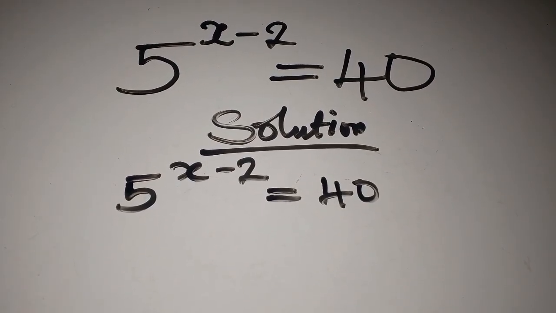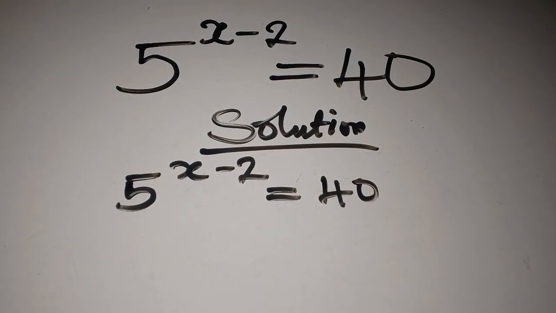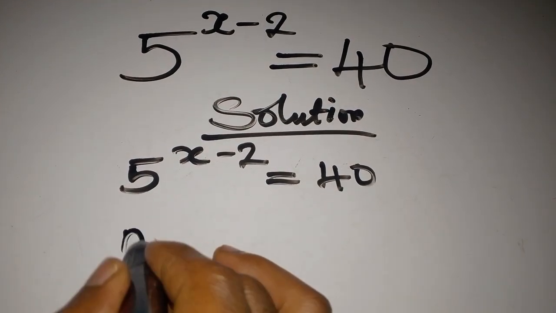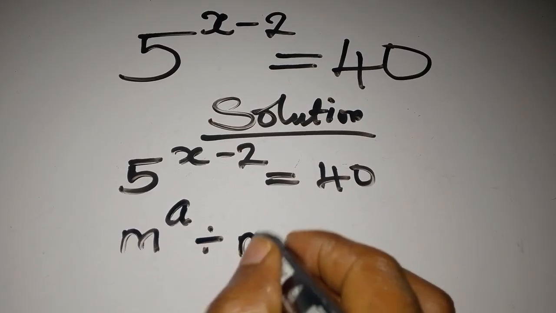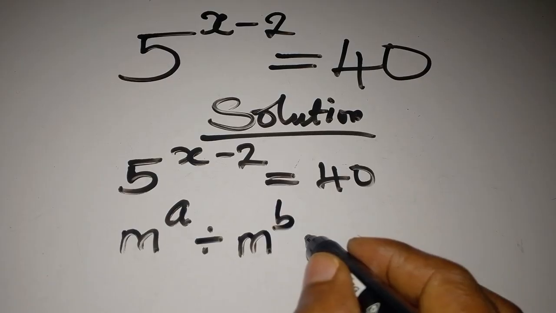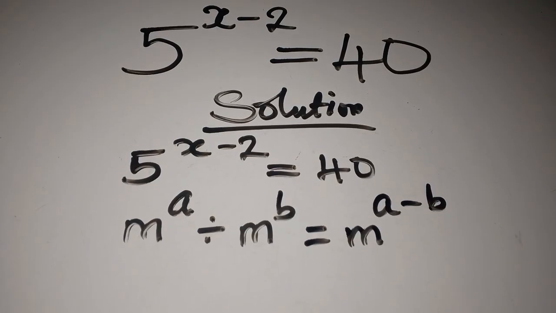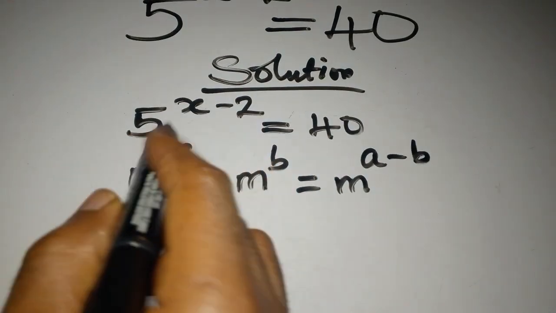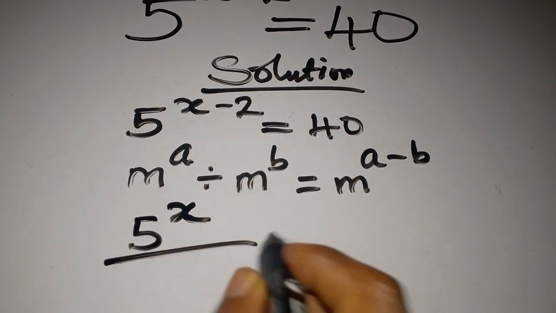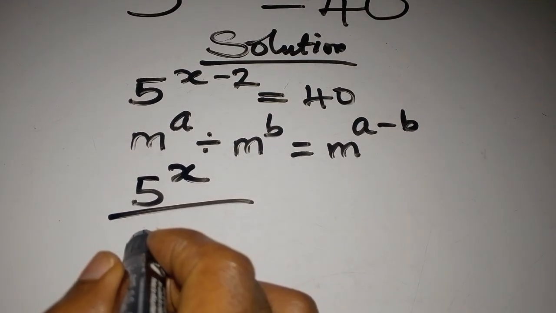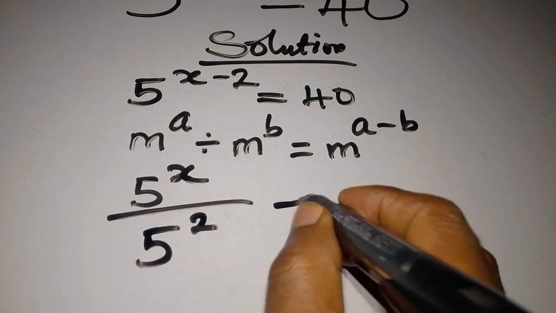Now the first thing we are going to do is to work on this according to one of the laws of indices. Remember that if you have m to the power of a divided by m to the power of b, this is the same thing as m to the power of a minus b. So that means that what I have on the left hand side here can be written as 5 to the power of x divided by 5 to the power of 2 because of the subtraction there, and this is equal to